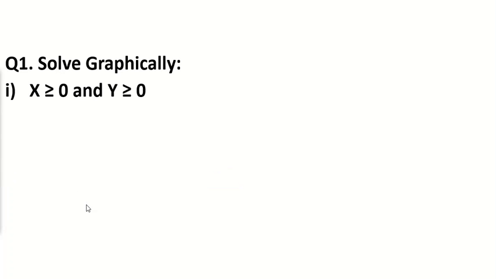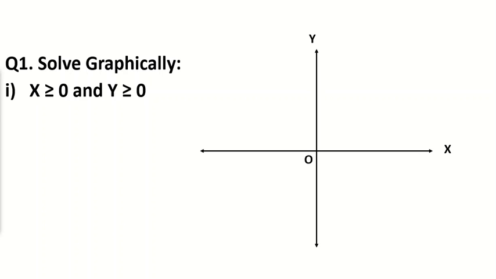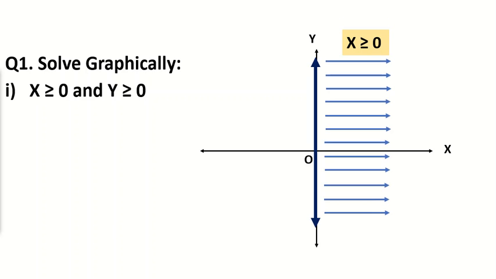Let us now solve the intersection of two regions. The problem given is x greater than or equal to 0 and y greater than or equal to 0. I should go step by step. Draw the XOY plane. Consider the line x equal to 0. This line coincides with my y-axis. Then I have to highlight the points coming under the region x greater than 0. Greater than 0 means the positive x-axis, shown by my blue lines.